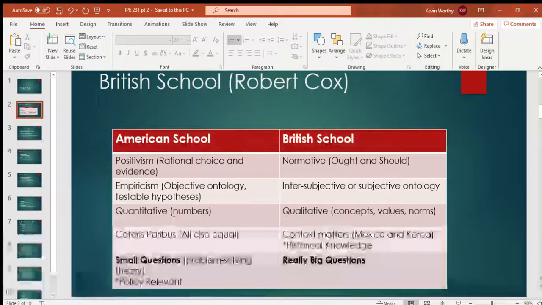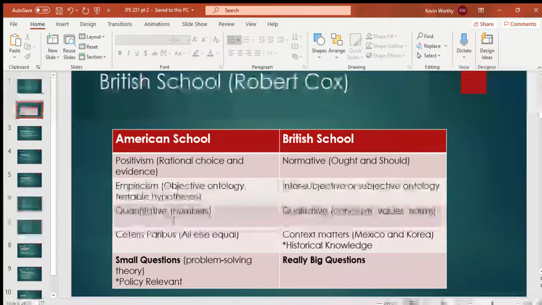So it's functional, but when we talk about the British school, they'll talk about a lot of problems with this approach. The first one is that there's no prescription, right? In the British school, it's normative. There are oughts and shoulds. Things should be a certain way. You have a lot of philosophers in this field, right? So when we talk about Immanuel Kant, whom so many of you have mentioned, right? Humans have intrinsic value. They have a value in and of themselves. So if you want to include that, you're drifting into the British school, right? If they have value, we have to treat them in some way because they're humans. That drifts into the British school of IPE.